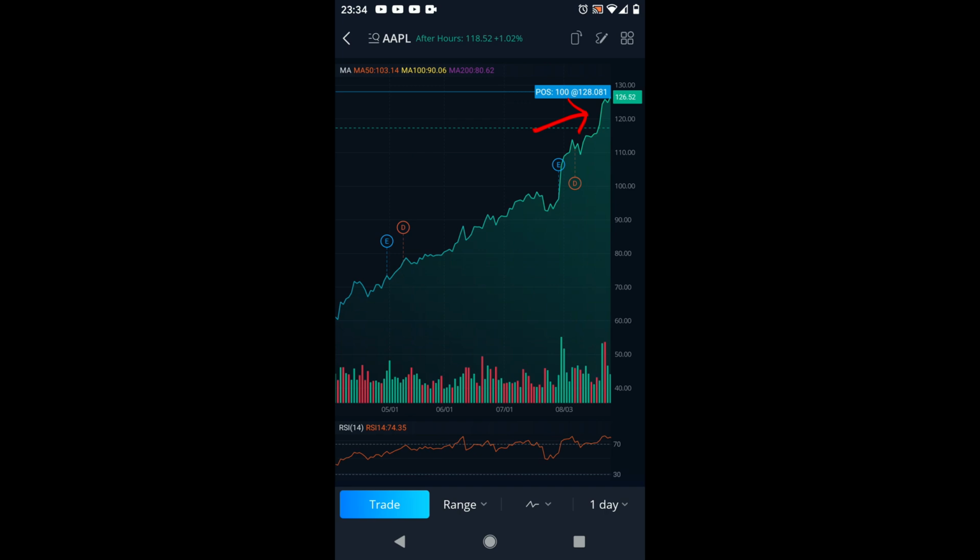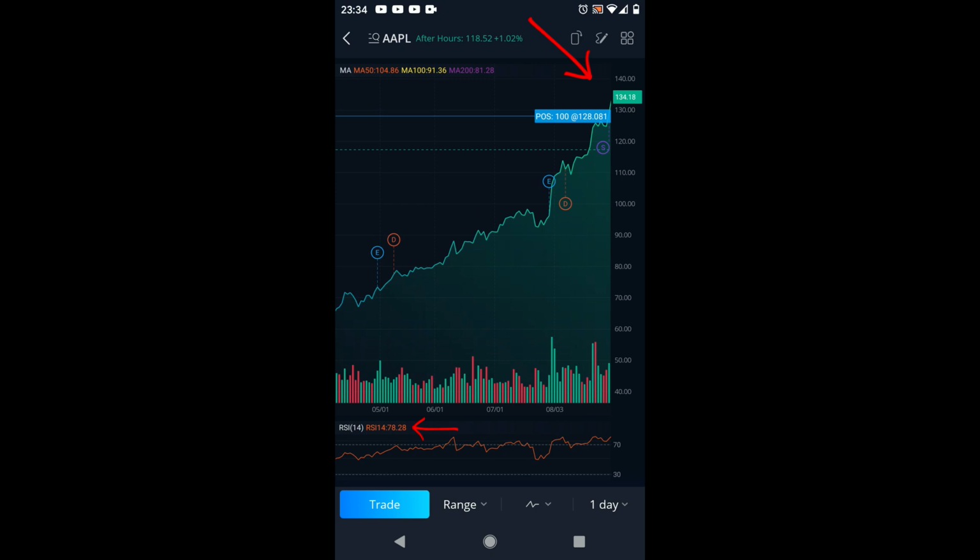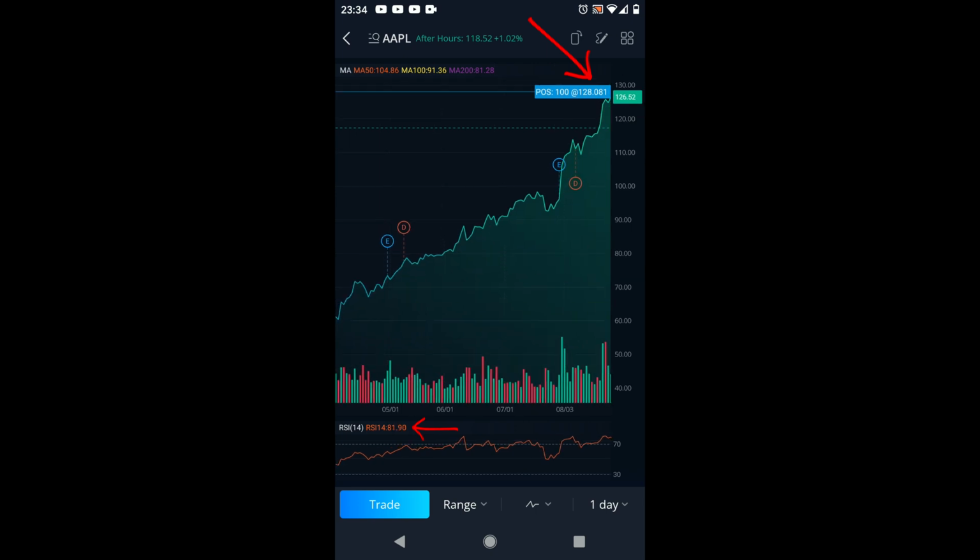before Apple actually had tanked, you could see that the RSI value was around 74, right above 70. And what this tells us, which I actually accidentally flipped it, and again guys, I'm still new to this, still learning, but you'll see that the RSI value is over 70. It's actually at 79 at this point. I don't know how to tell the date, but at this point in time, when the stock was at 134, or we could actually go to like 126, you could see that the RSI was at 81